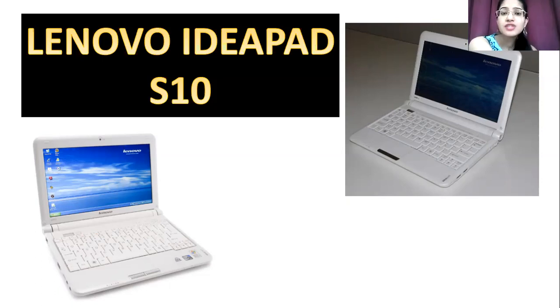Talking about this variant, the S10, we can say that it is based on the operating system Microsoft Windows XP Home Edition. Yes, this variant was Microsoft Windows XP Home Edition. Now, when we talk about this version, what do we see in this? What are the versions we see in this?